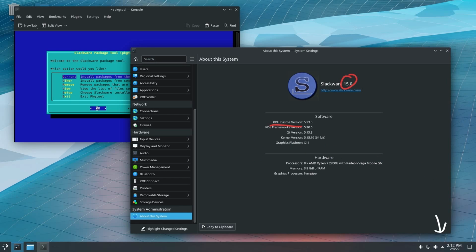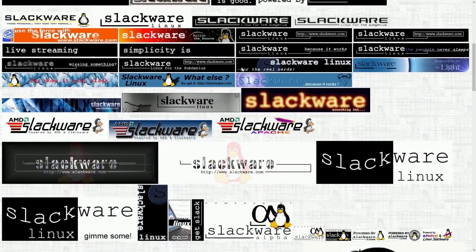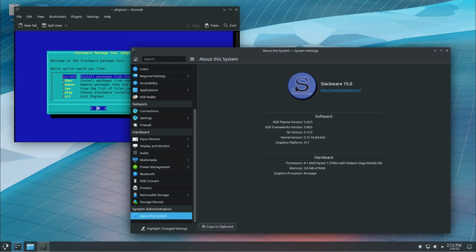They have some funny stuff on there as well, what's most notably known as propaganda on the website. There are tons of logos, stickers, and designs for Slackware. The key features here include simplicity for its operating system users and stability, and it is mainly geared towards experienced users who prioritize stability over features, so kind of ideal for servers, but not so beginner friendly.